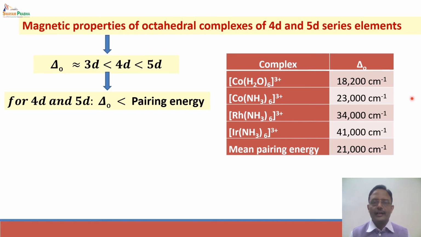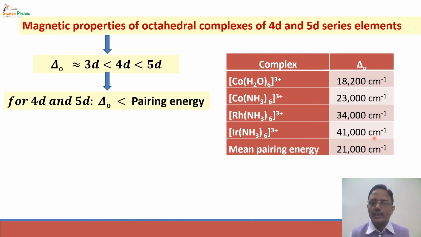Consider this case. This is an interesting example. These are two complexes of cobalt in +3 oxidation state with two different ligands. H2O is a weak ligand, NH3 is a stronger ligand, and then you have rhodium and iridium forming complexes with the strong ligand, that is NH3. Now the mean pairing energy is of the order of 21,000 cm^-1. Consider the first two complexes. If you have [Co(H2O)6]3+, the value of delta O is 18,200 cm^-1, while the mean pairing energy